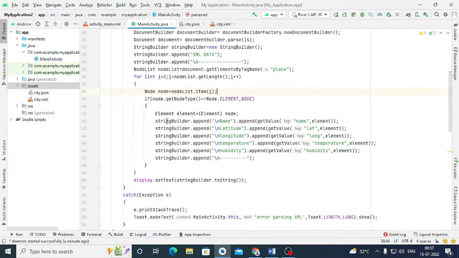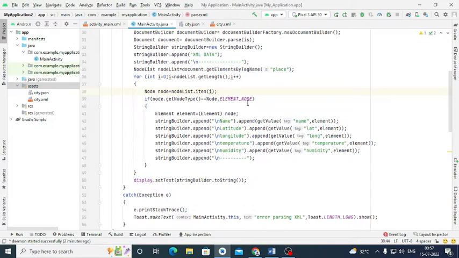Next will be the condition I am supposed to check. If the length is over, then it should not process with that node. If it belongs to that element node, then I will be appending that information from the XML file. Hence, I am going to check the condition with the if node dot get node type function is equal to